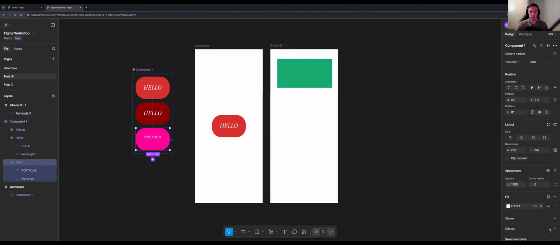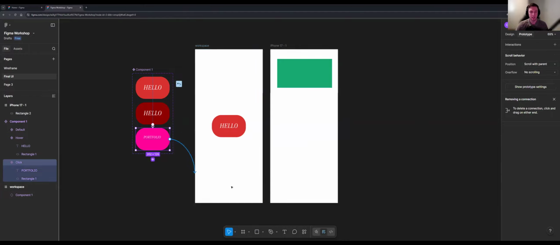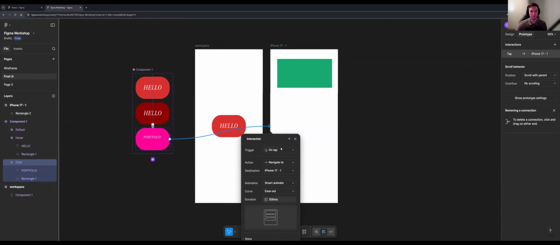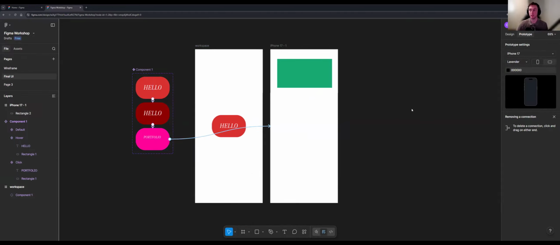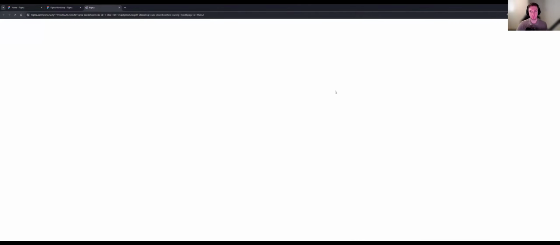Once I click over to this prototype button, I can actually have this button change over, click the node and bring it over to the entire frame. On tap, the action is going to navigate to iPhone 17.1, or what we could rename it as is our portfolio. So just for example, now that I've done that, if I go over to our preview,